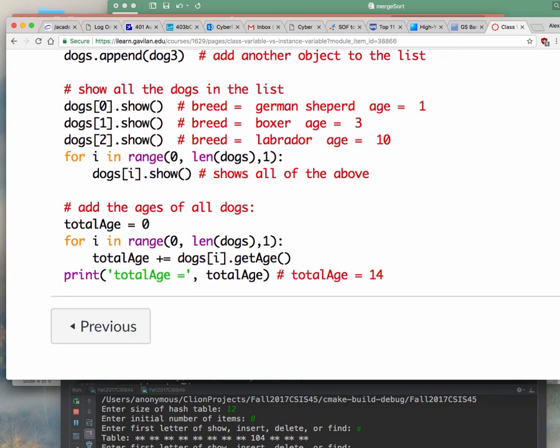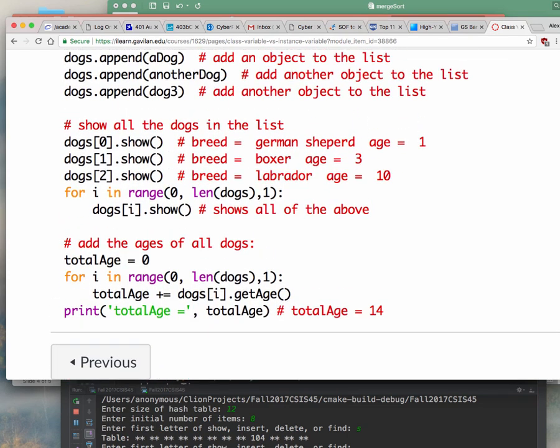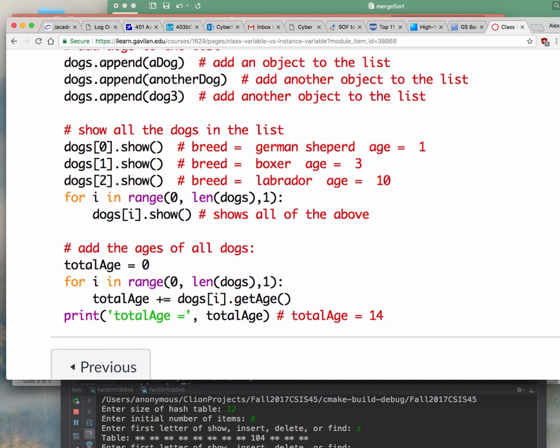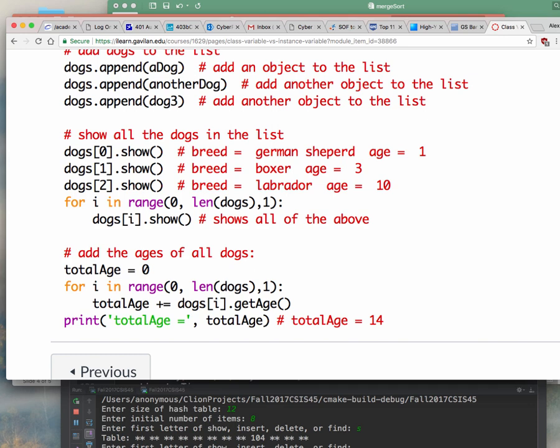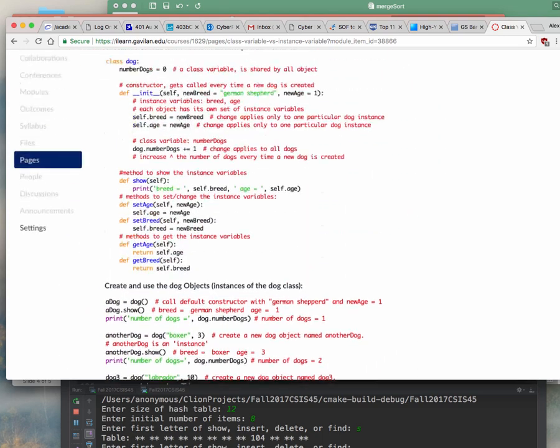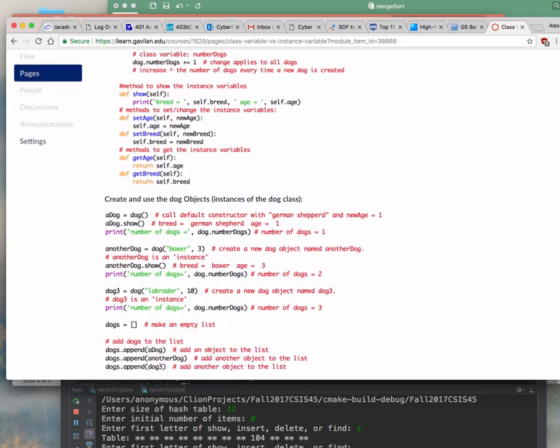Anyway, I'm just creating a collection of dogs in there, and I'm calculating the total age, which is basically getting the age of each of these different dogs. Dogs is a list of dogs, and I can pull the age of each of these objects and add it up to the total age. Does that make sense? It's a lot of information. It might fly over your head, but I hope you retain some of it.